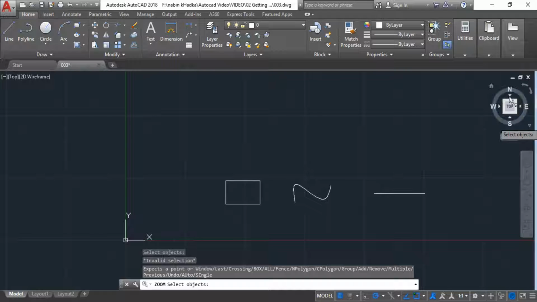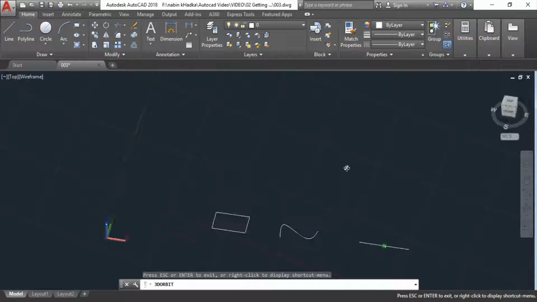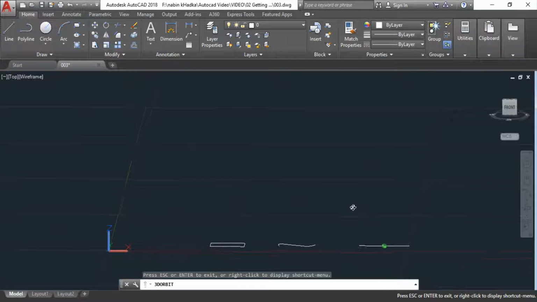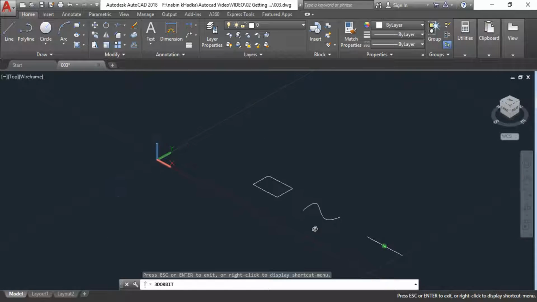We can also access the 3D orbit tool, and using that tool, see this drawing from the X, Y and also Z axis. Currently we are able to see this drawing from the X and Y axis, or from the top view only. But if you want to see it from any of the three axes, or see the height of this drawing,